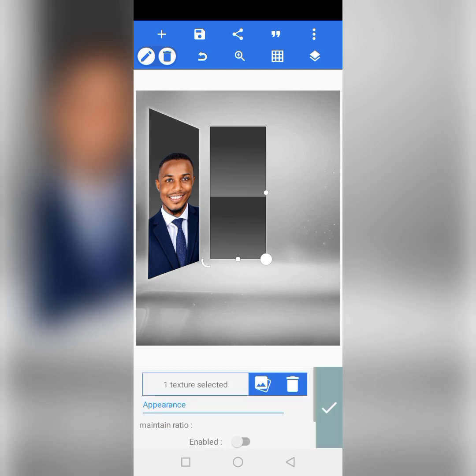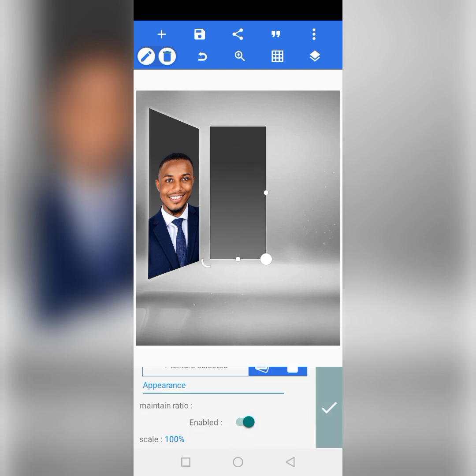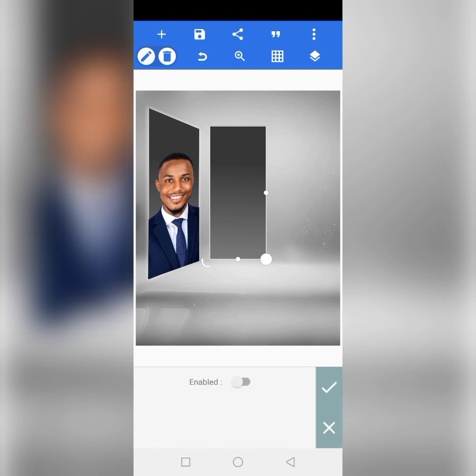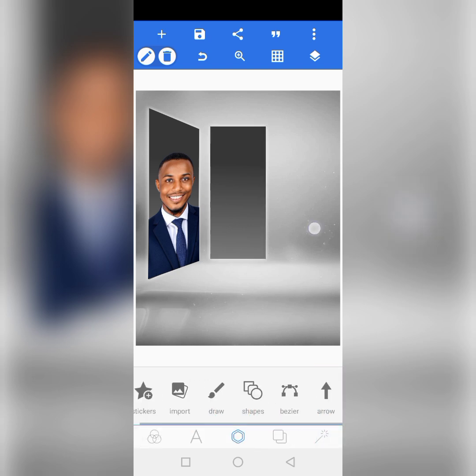Okay, let's go back to texture enable to get what you want. Beautiful. Then we go to shadow. Remember the next thing we did, we place it on white. You can place it on any color you want. Then we go to bring that image of the man of God,